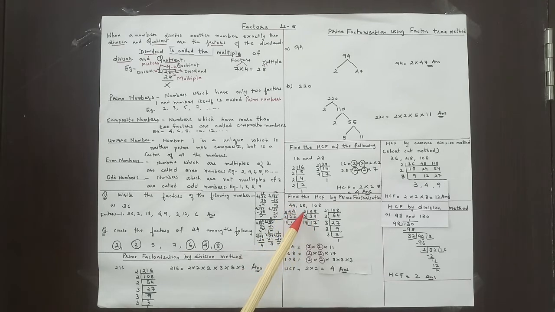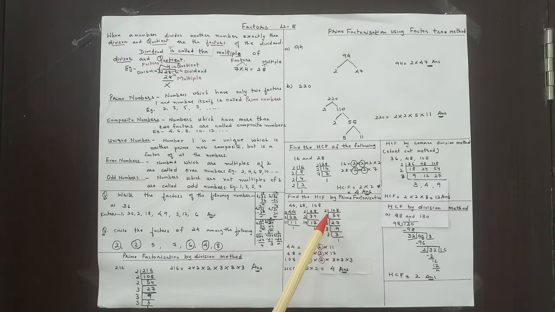By 2, we will divide it by 2. 2 3s are 6, 2 4s are 8. We have 34 here. Again 34 will be divided by 2. 2 1s are 2, 2 7s are 14. Now we are having 17 here. Now 17 can be divided only by 17. 17 1s are 17. Next we will take out the factors of 108.